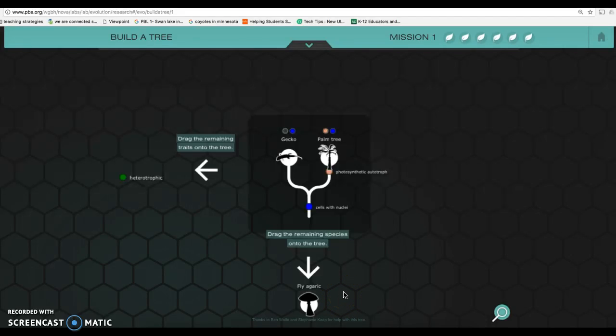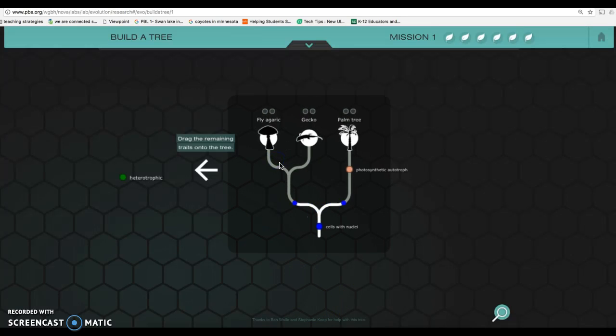My card for the mushroom says it has cells with nuclei, is heterotrophic. My gecko also says has cells with nuclei and is heterotrophic, so both of those have to have those two traits. I know I'm good so far because I looked at my card. They all have cells with nuclei, palm tree, gecko, and the fly agaric mushroom. So that's the oldest trait, that's at the bottom. Only the palm tree, though, when I look at the cards, only the palm tree is a photosynthetic autotroph. The mushroom is not. But there's a spot open right here to be able to drag in that heterotrophic